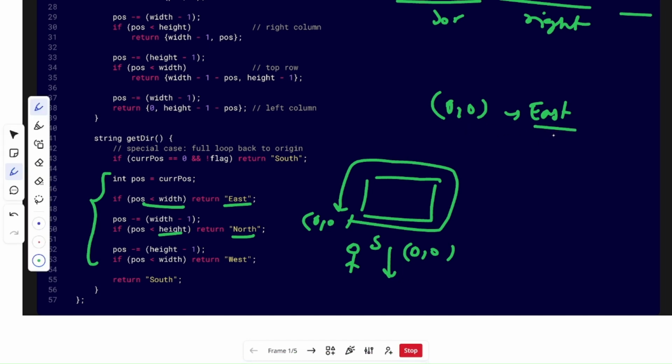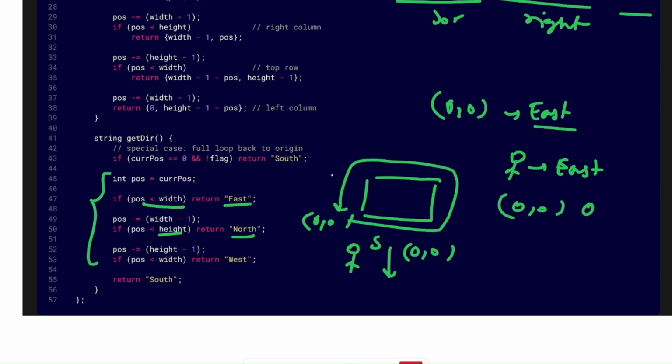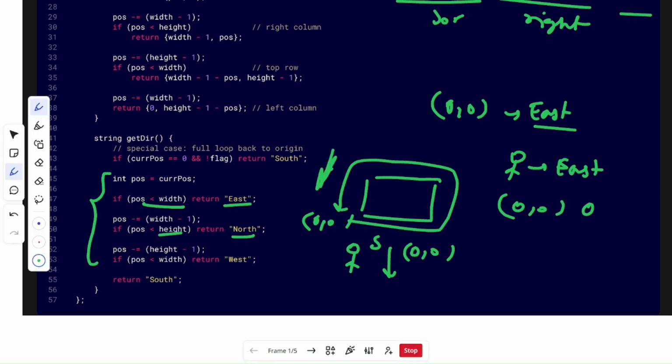During the initial first case, when you are starting your movement, the robot is facing toward the east. But after that, 0 comma 0 will always be south, because you are moving in this way. So the robot will always face this direction at 0 comma 0.